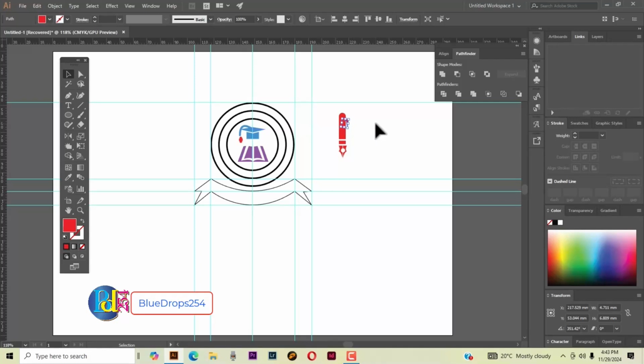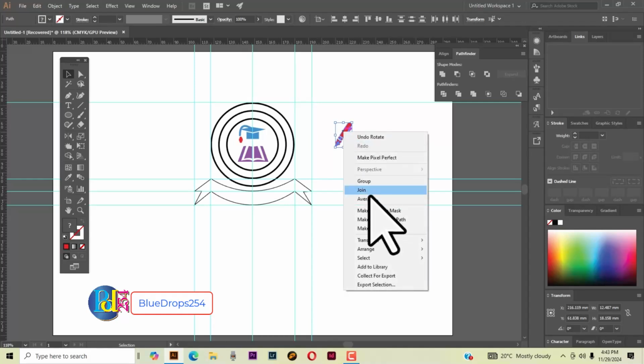And just move it like that. Now select the whole of it and maybe reduce the size by holding Alt and Shift on the keyboard. You can reduce the size of the pen, maybe to something like that. Then rotate it and group it. Let us make a group to this pen. Just group it,